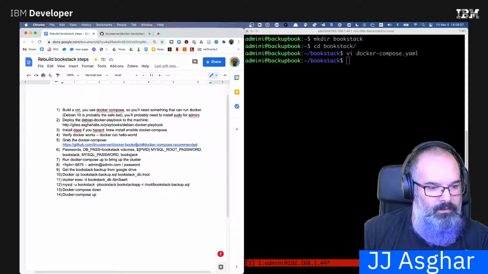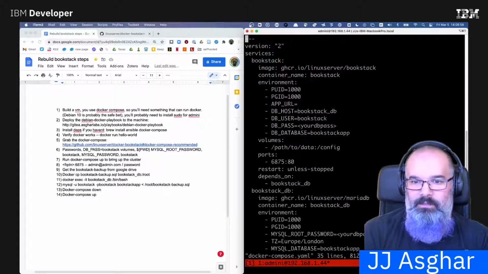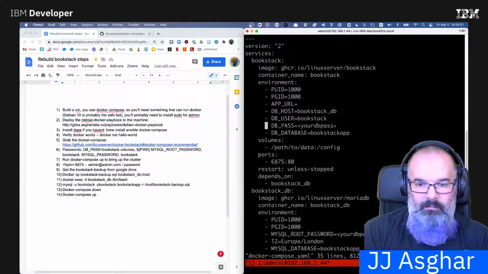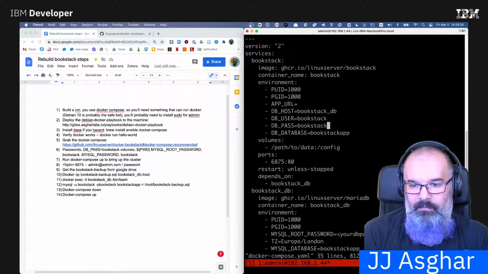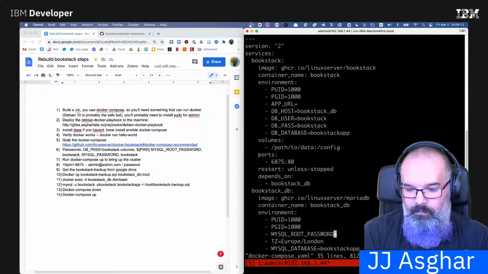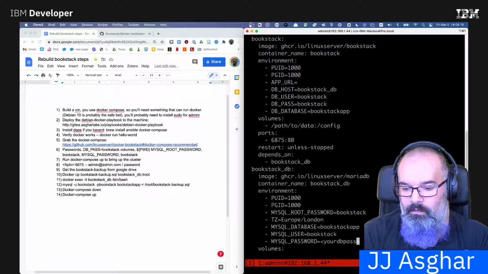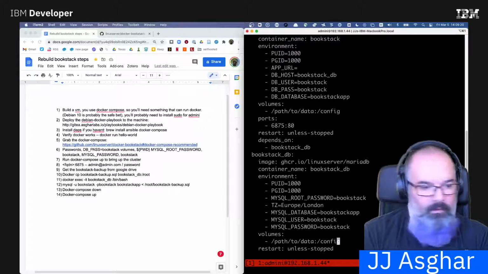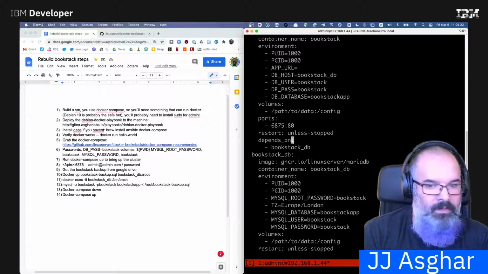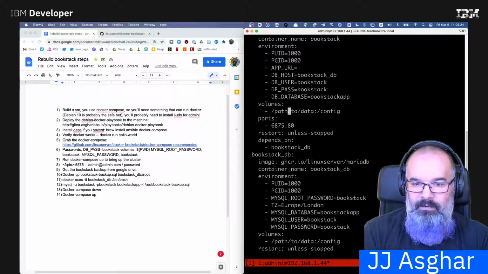And then my instructions say all the passwords need to be BookStack because I'm secure. BookStack. Okay. This one too. Oops. BookStack. BookStack. Okay. Then I need to change my data directory here to $PWD,